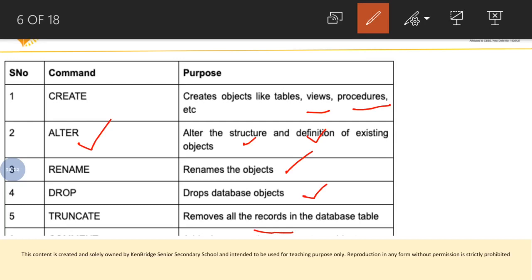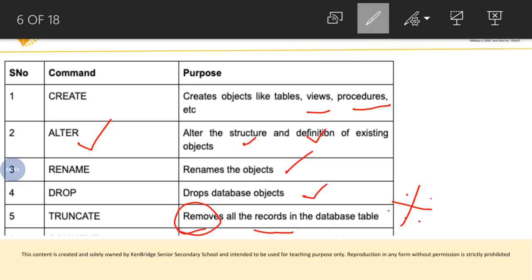Records means rows: however many rows are present in the table will be removed using truncate, but it will not delete the entire structure of the table. That is the difference between delete and truncate. We will see this difference in detail in later videos.